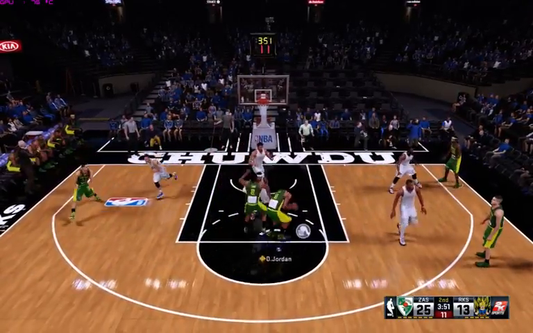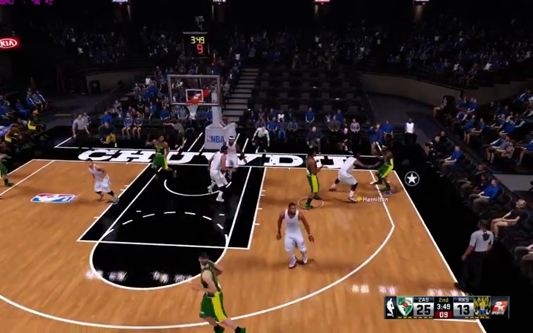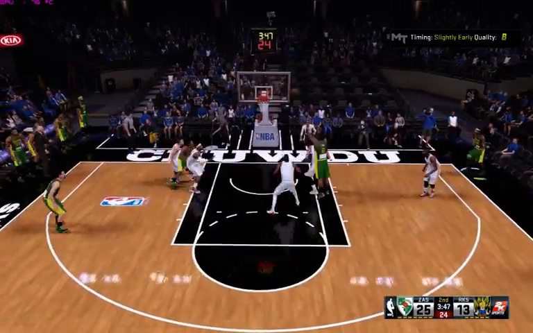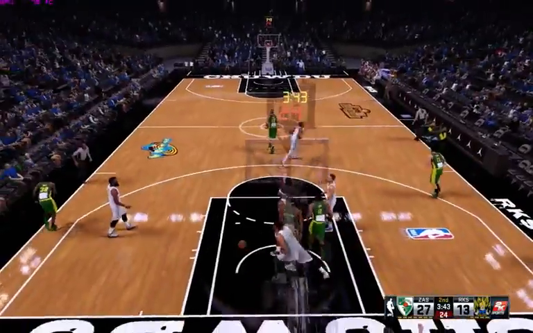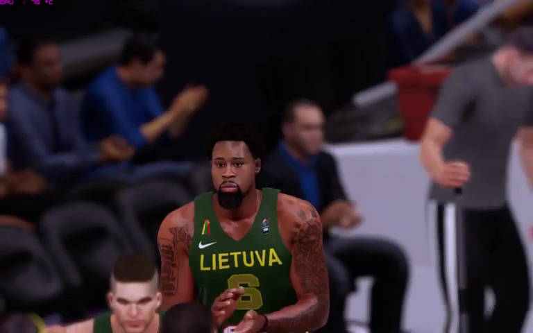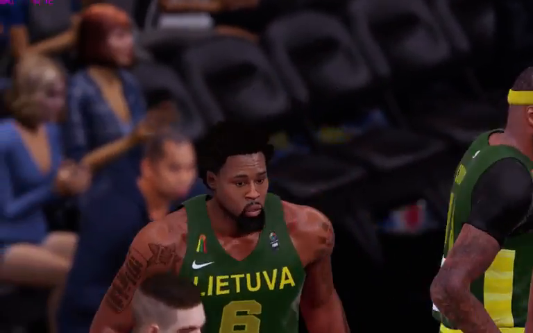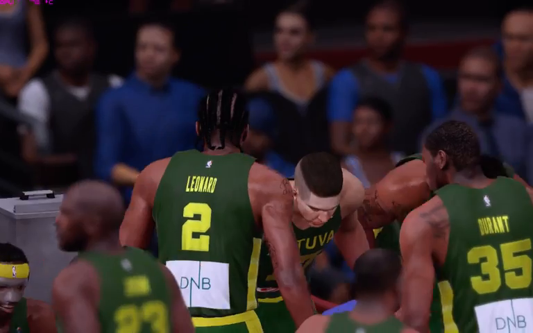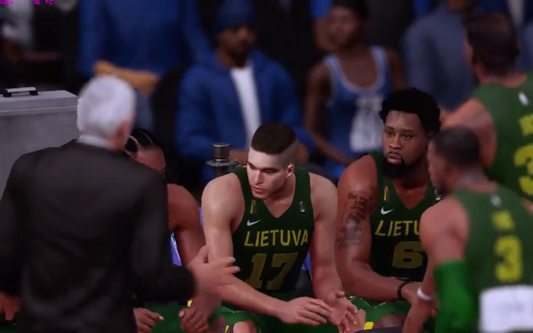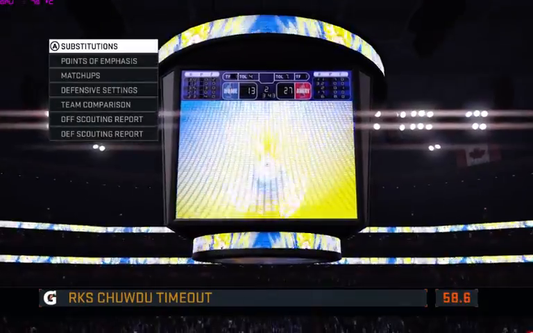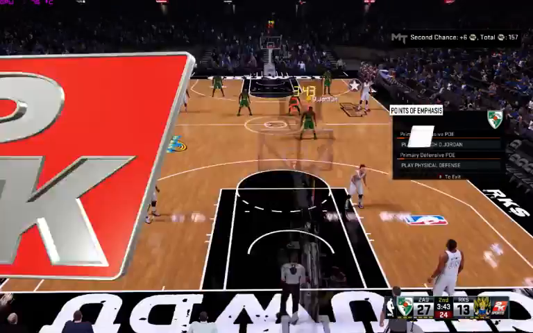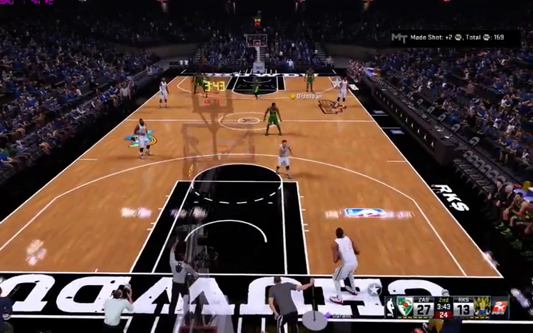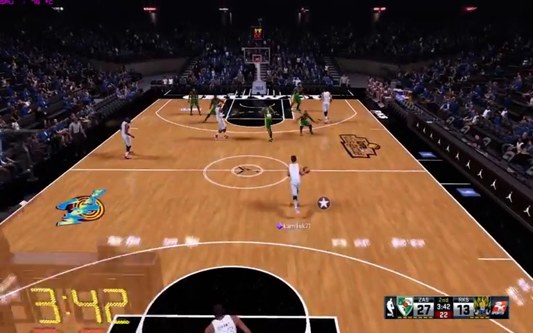Feeds it to Leonard. Jordan the pass to Hamilton. Offensive rebound. And it's Jordan with the jam. And guys, that's his game. I mean, battling in the paint and cashing in on those second chance opportunities. And Greg cashing in hard. I mean, man, oh man, he puts an exclamation point on that dunk. Guys, that's the only way he knows how to do it. Soft, I don't even think is in his vocabulary.